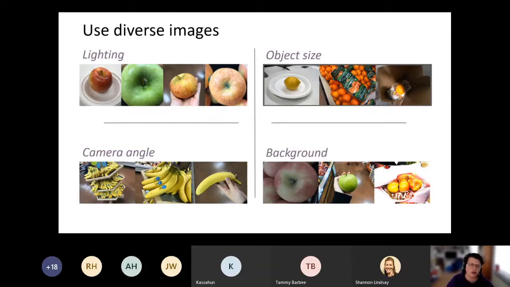So to make sure that all these variables are part of your model, you have to make sure that your images are like this. So for example, if you would create a model that determines what kind of apple it is or what kind of fruit, and every time you have an apple that has this plate underneath, your model will consider the plate as part of the apple. So that's something that you want to prevent happening.